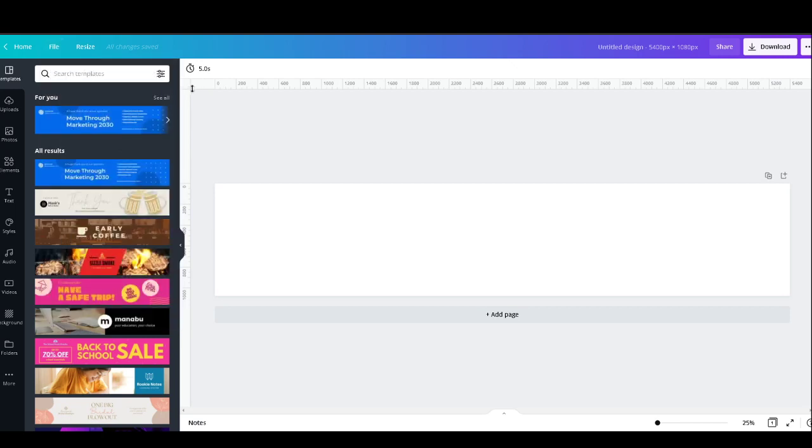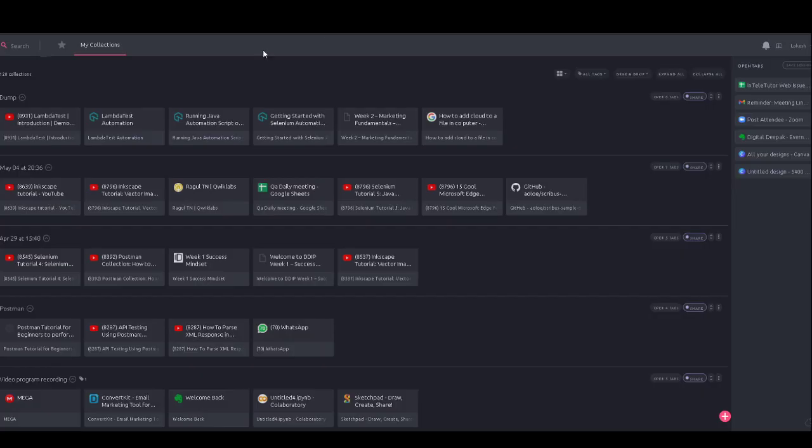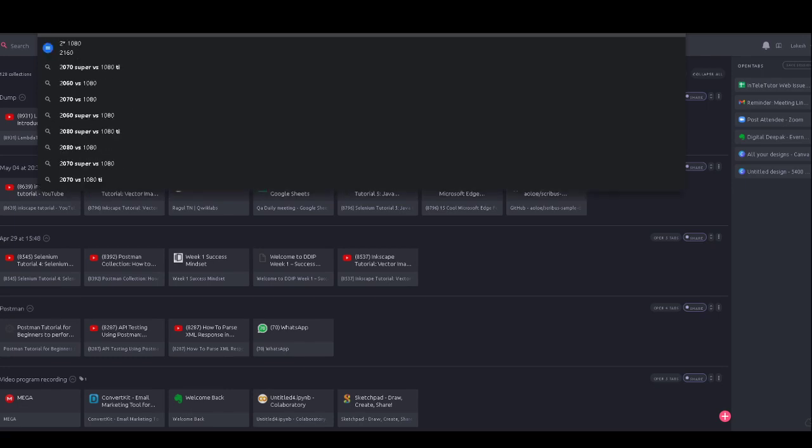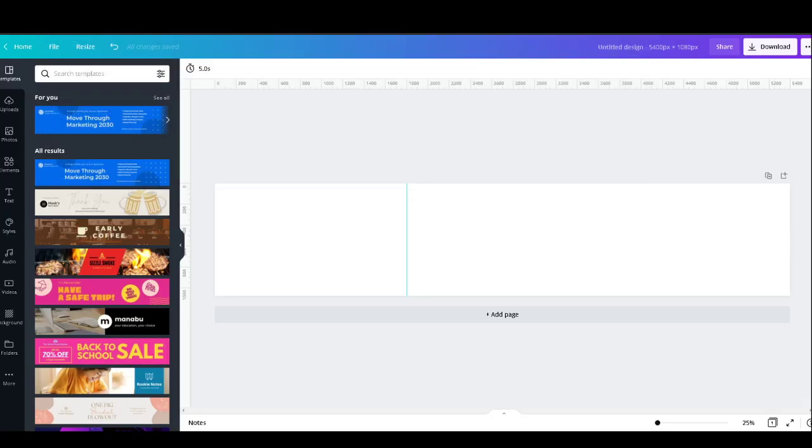Okay, and first I am going to select the correctly mentioned 1080. This is the first carousel image. Okay, and another 1080 times 2, we got 2160.